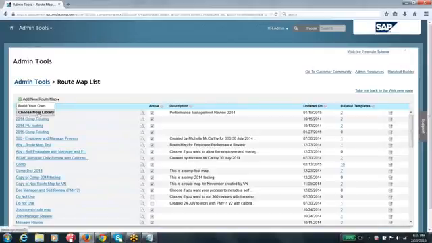Choose from library is nothing but you can add one of the existing standard SuccessFactors provided roadmaps, guys. If you are interested in adding those roadmaps to your instance, yes, you can go ahead and add them using the choose from library option. Say if you are not interested in using the standard SuccessFactors provided roadmap, rather you want to build your own, then the other option is the correct one, guys. Build your own roadmap here. Let me show you one by adding from the library.